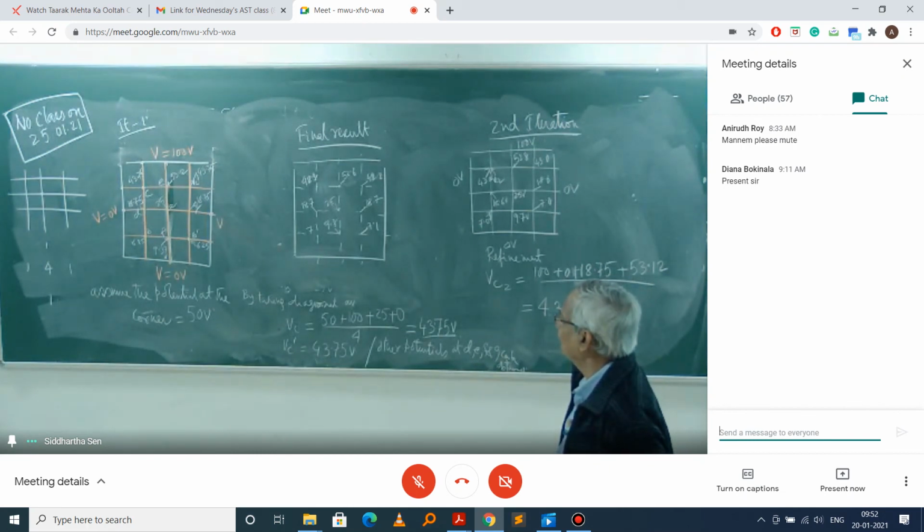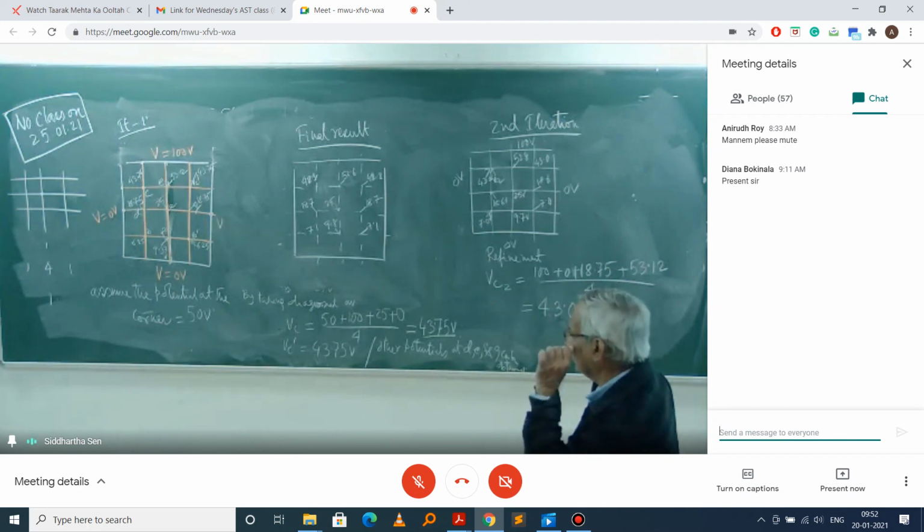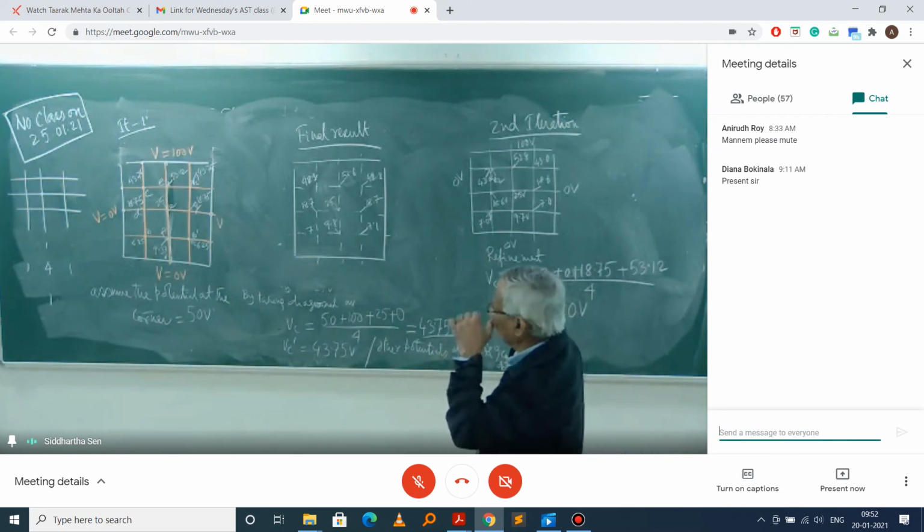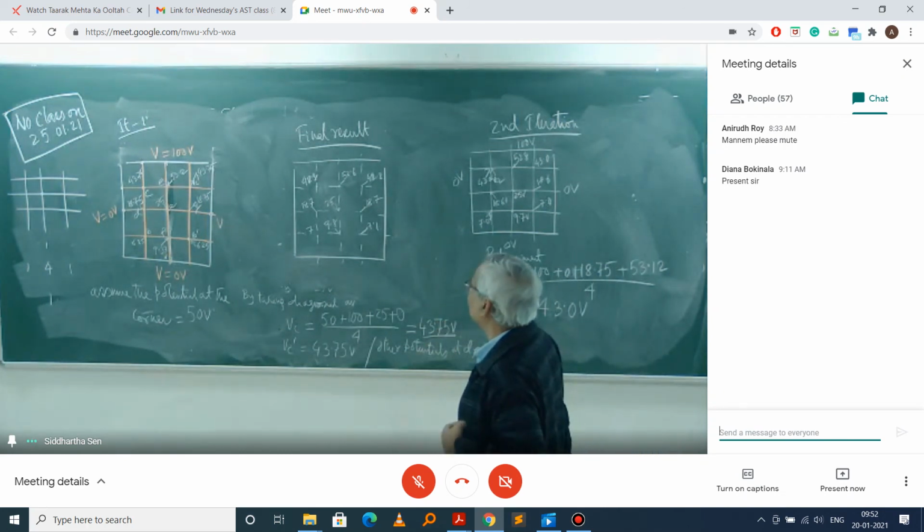It becomes 6, no? Exactly, instead of 4, it will become 6 there. So in this way we can do it. There are certain software packages available, but here it is very soft.